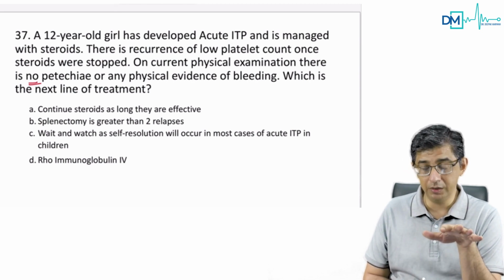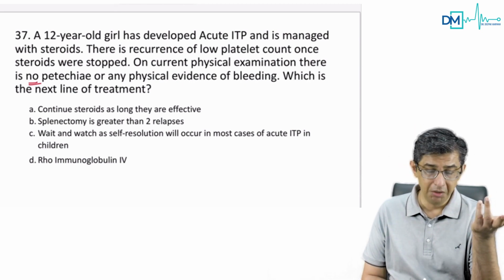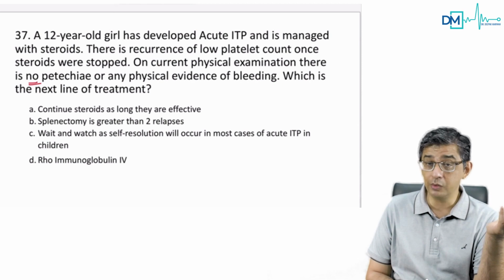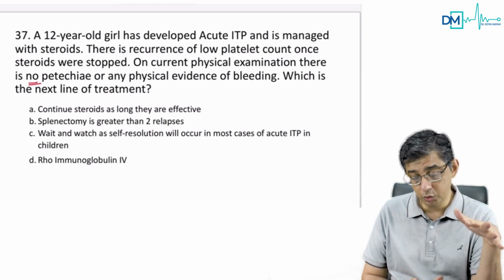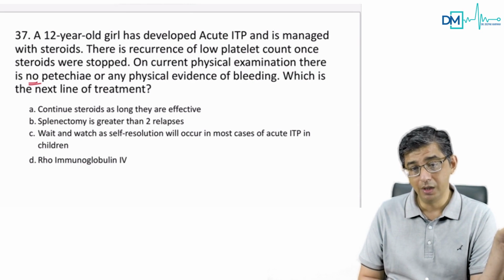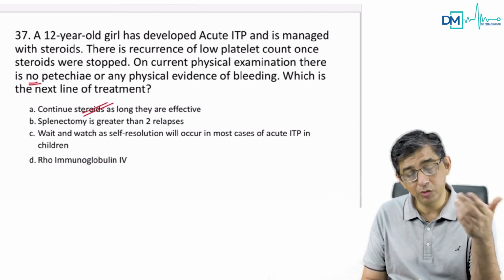But in acute ITP, if a person is having low platelet counts with no evidence of bleeding, there is no need to worry, especially in children, because if the platelet count is, let me say, 80,000, let me make it lower, 40,000, 20,000, still, I'm not worried. Why? Because life-threatening CNS bleeds are usually seen below 10,000. So in this case, we will not continue with steroids because anyway, we have discontinued steroids in the patient.